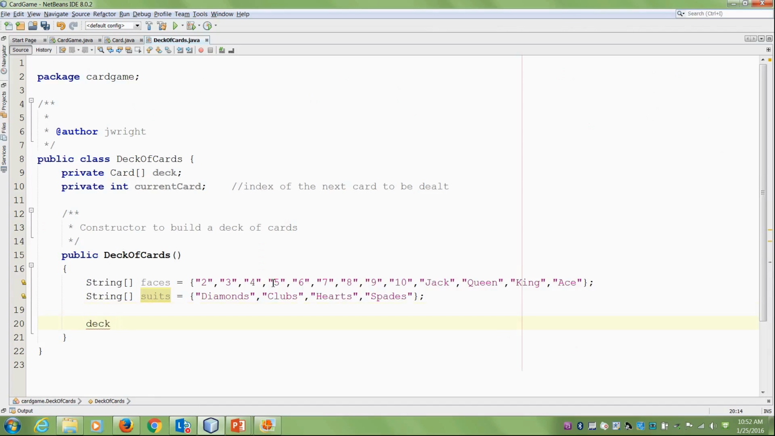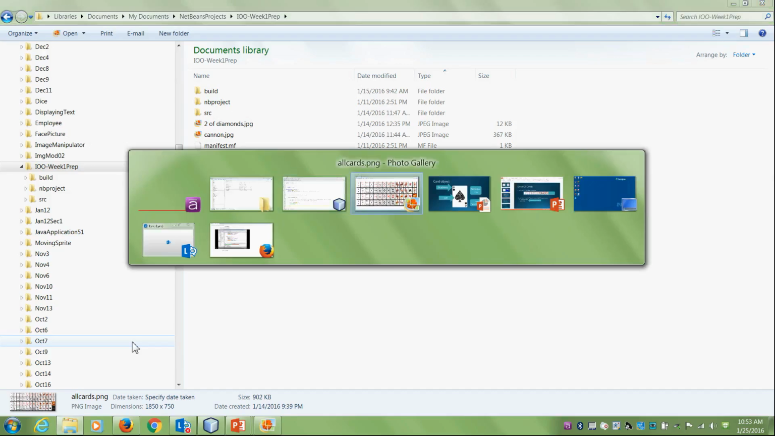Okay, so my deck is equal to a new deck with 52 cards in it. Okay, it has 52 instances of card objects. So that's why we have an array of type card. And our current card will be equal to 0. We're going to look at the top of the deck. And then the following information, as I said, I'm going to use this generic